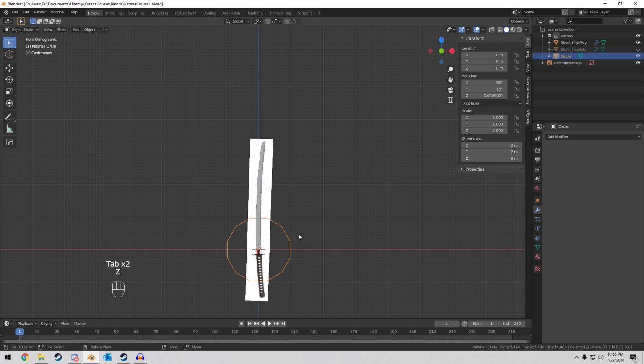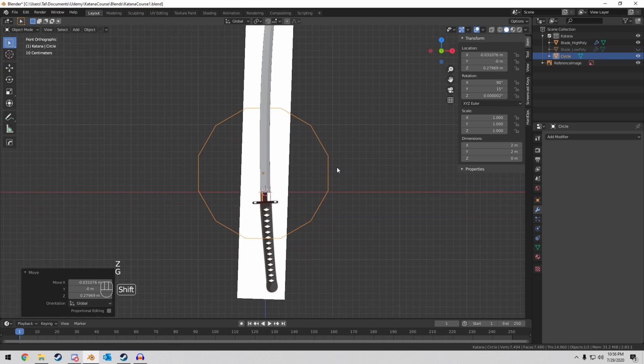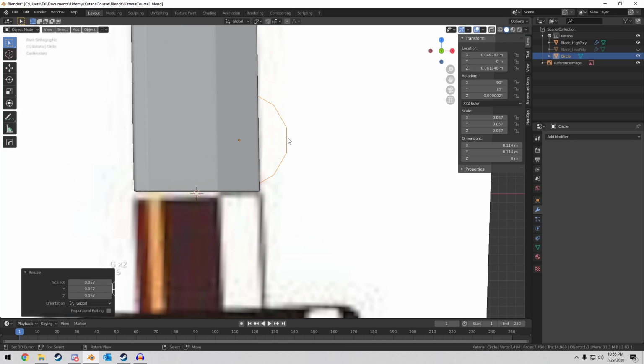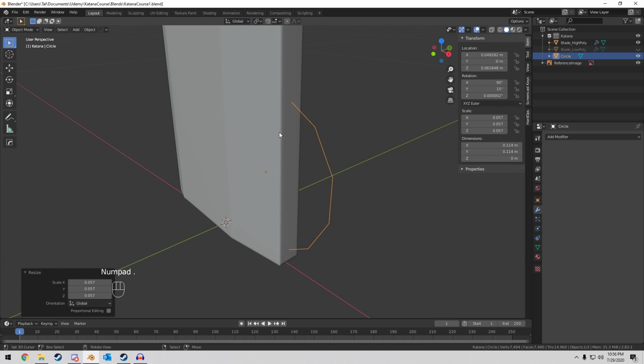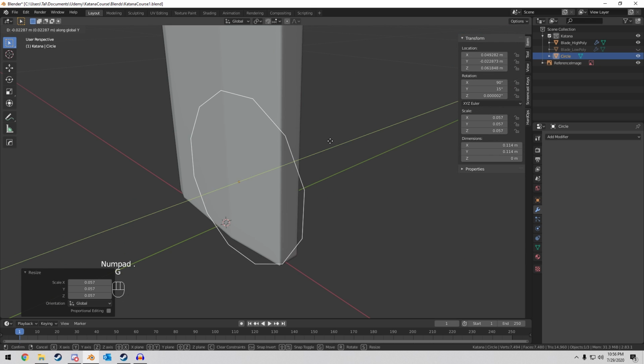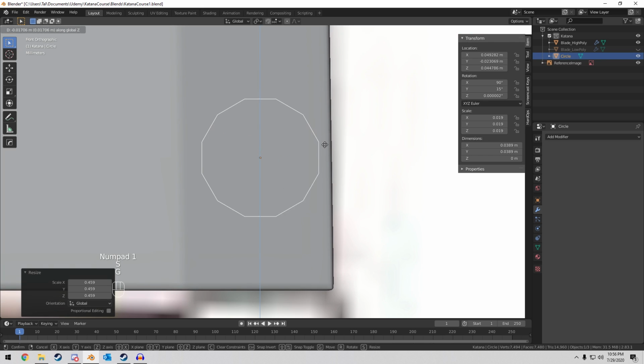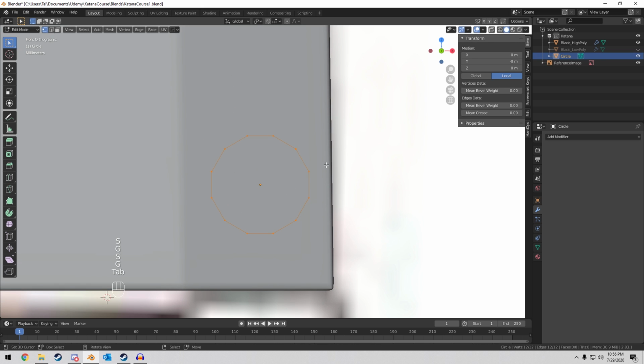All right, let's go ahead and pull this up. Actually, we're going to start at the bottom of the blade here. So we're going to go ahead and pull it down, start scaling it down, and pull it out from the model along the y-axis. Scale it down a little bit more, come into front orthographic view, keep scaling it down, and we can start it about right here. Now we're going to go ahead and delete